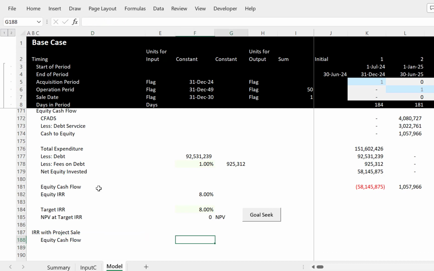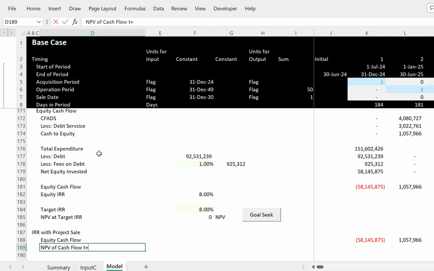Okay, and our equity cash flow is just right up here. It's that last one we just did. Okay, and then after we put in the equity cash flow, let's put the NPV of cash flow. I'm going to put here T plus 1 at buyer